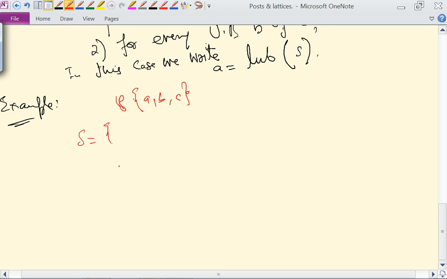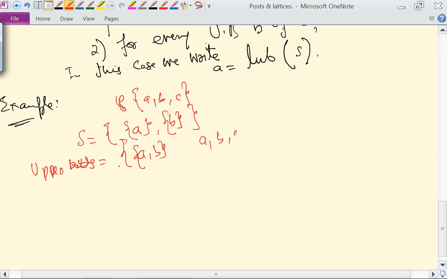All upper bounds. Upper bounds will be A, B. I mean, if we have the subsets A and B of the poset ABC, so what are the upper bounds of S? What do you think upper bounds will be? Upper bounds will be AB, okay, then it will be A, B and C,